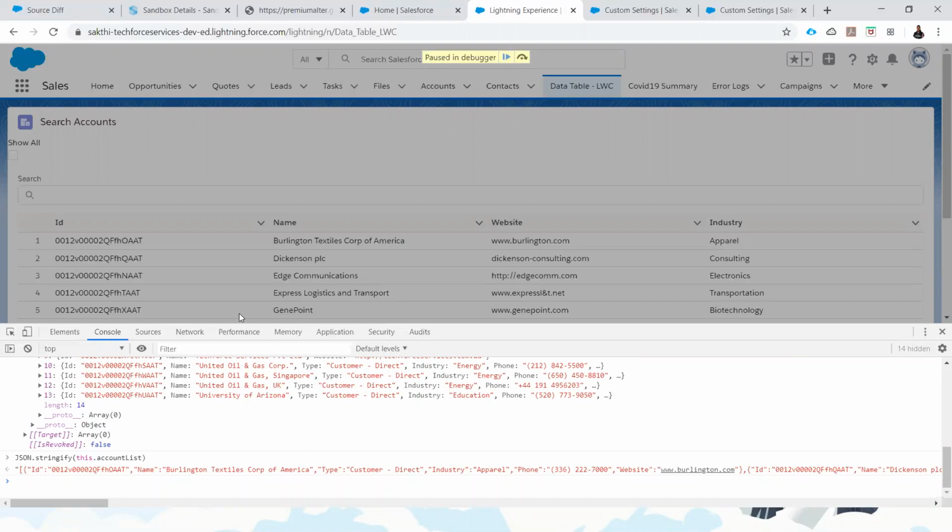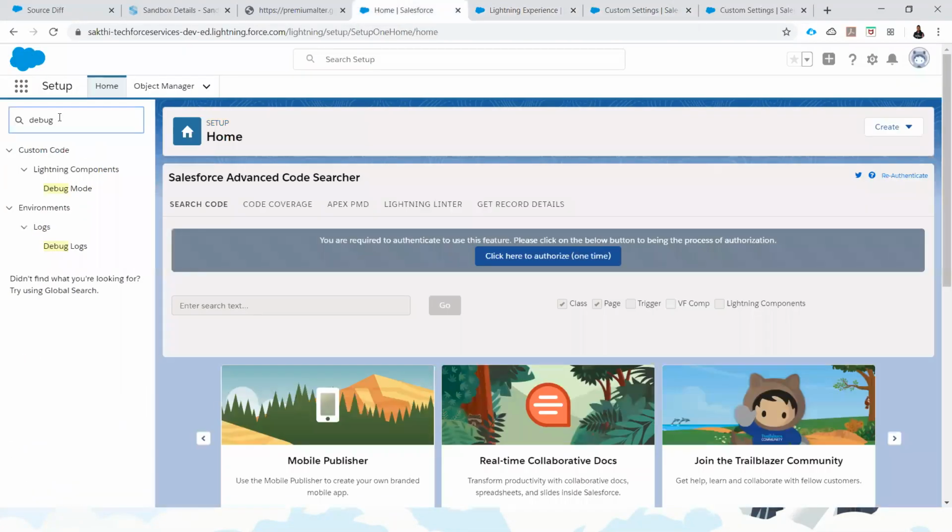Let me show you the other way. That means debug mode. If in our settings you type debug, under the Lightning components, we can get the debug modes. I think you guys are very familiar with the debug logs. Using these debug logs, we can debug all the Apex class or Apex trigger or DML operation or workflow or any custom validation.